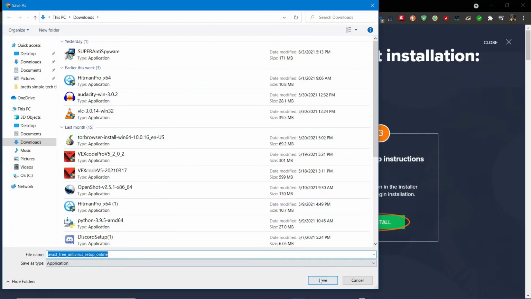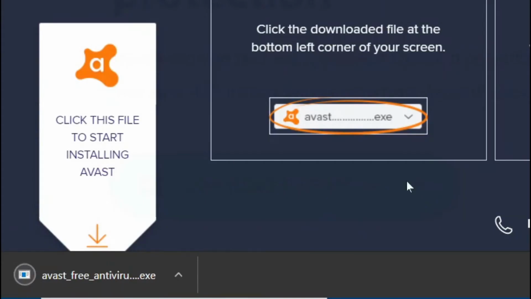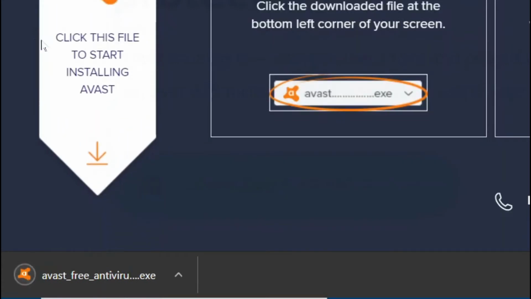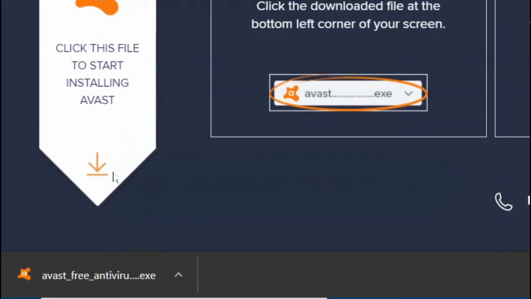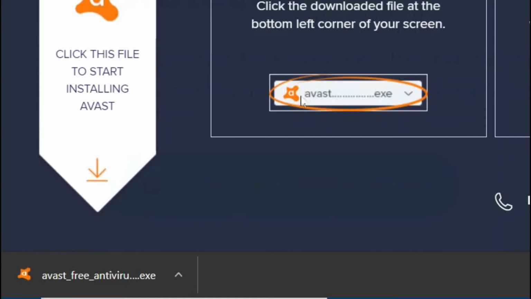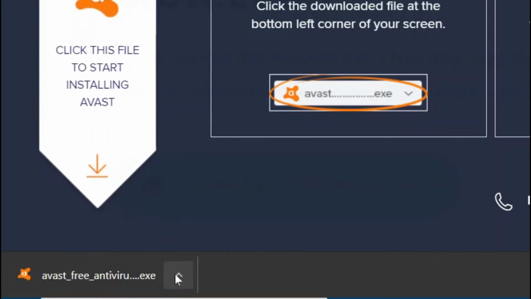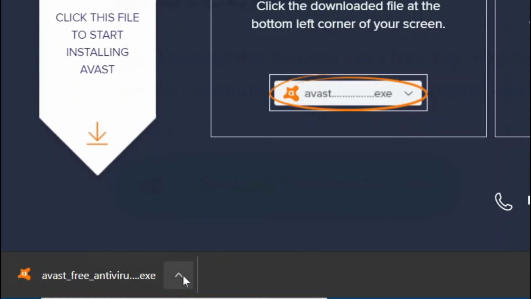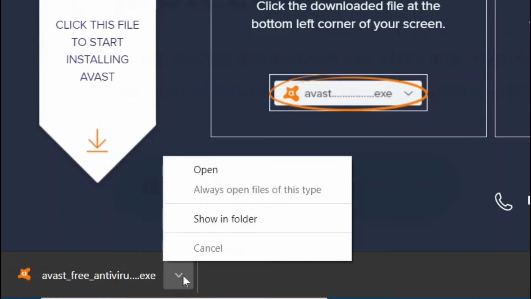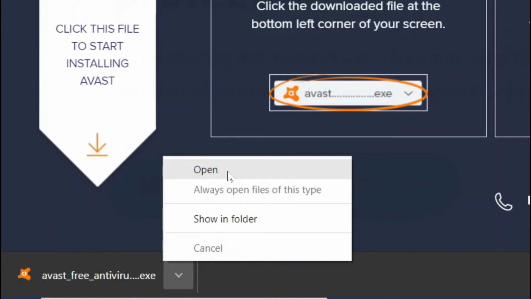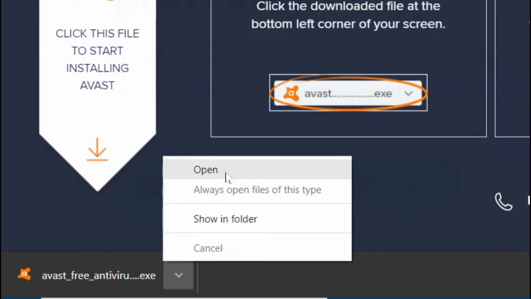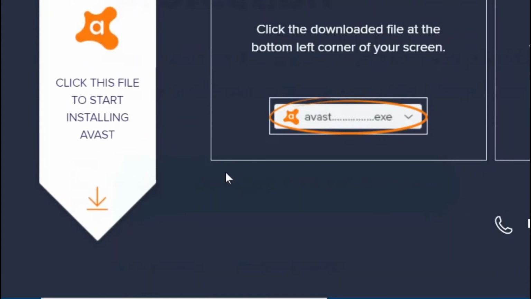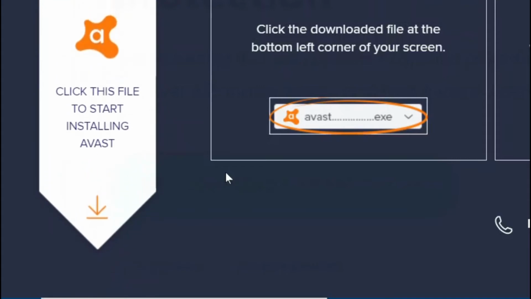Alright, so now you're going to press save. And here it's basically telling you where to go and install, so you're going to click this arrow and you're going to click install. So click the arrow, click open, and then it's going to load,